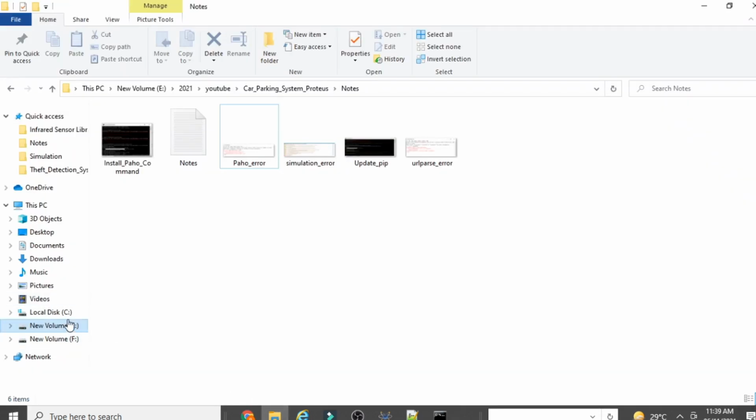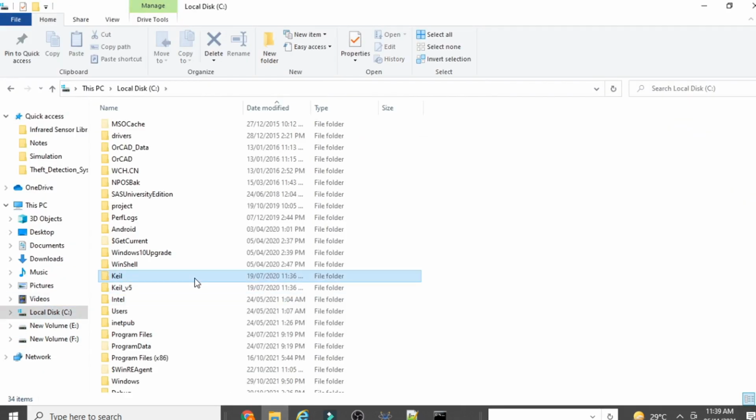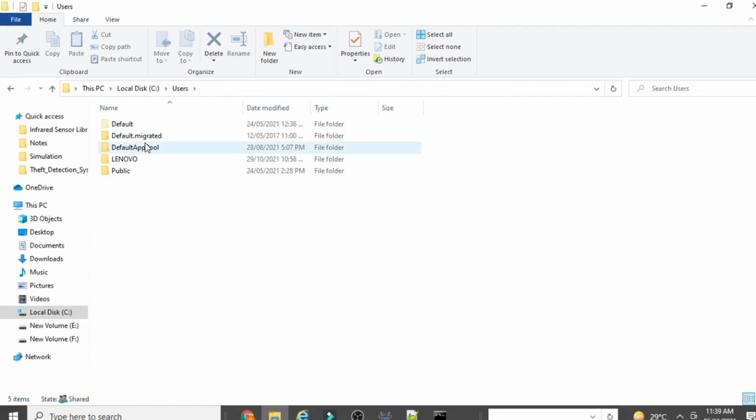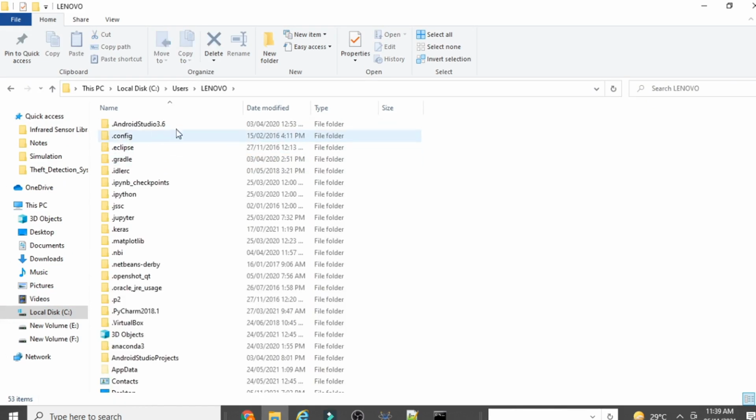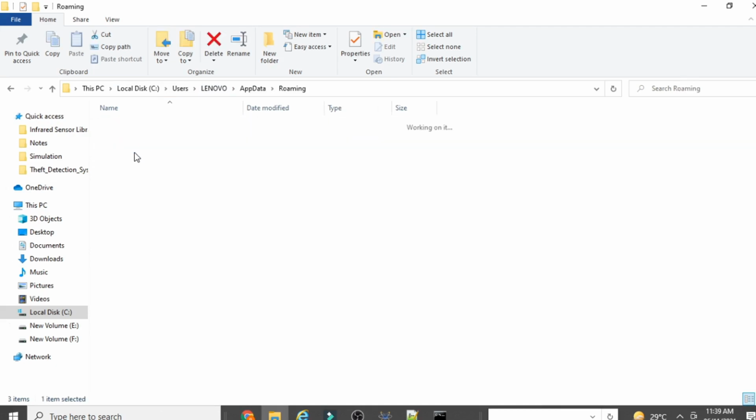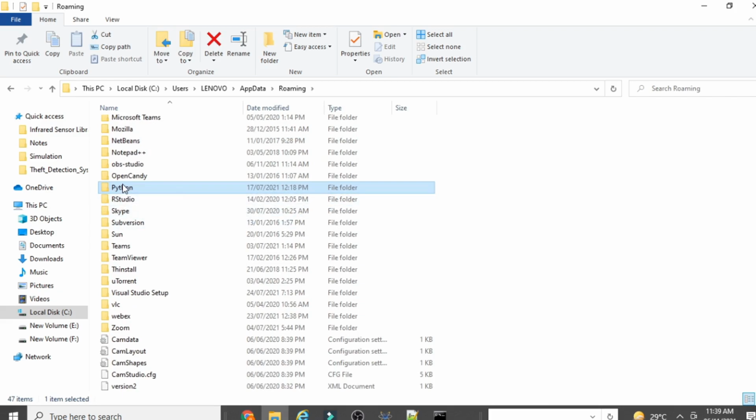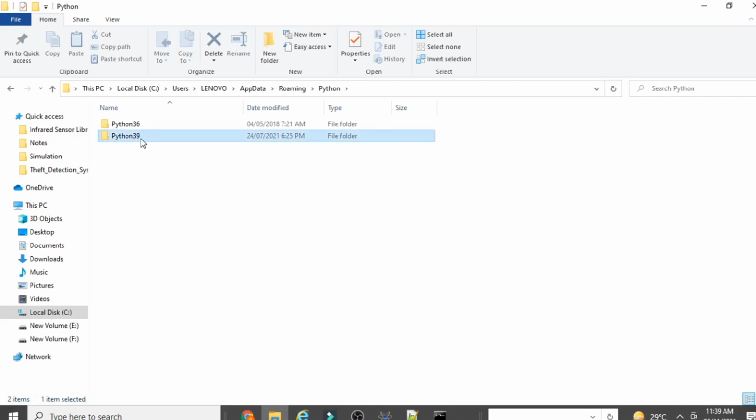So go to that location: see Users, then Lenovo, then AppData. This AppData is a hidden folder. You need to unhide the folder from your folder options. So unhide that folder, go to AppData, then Roaming, then Python, then Python 3.9, then site-packages.